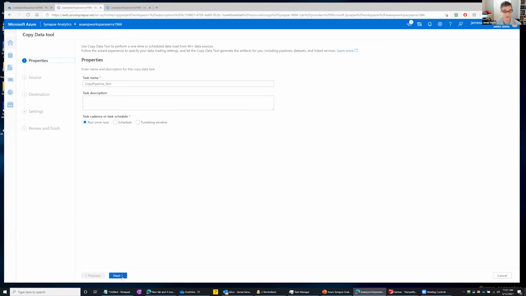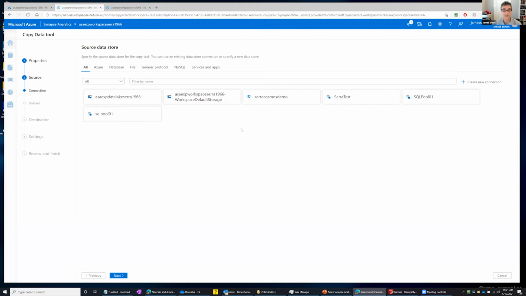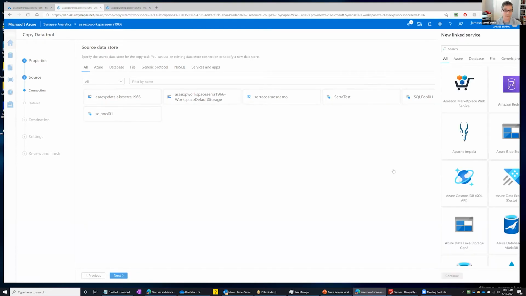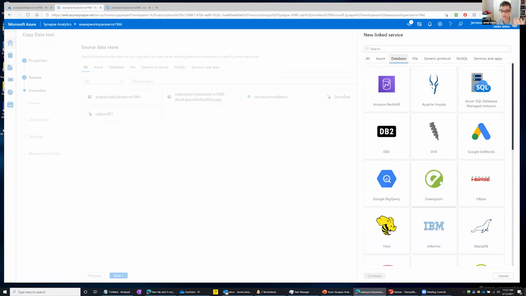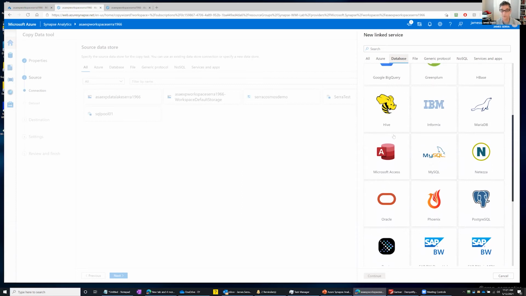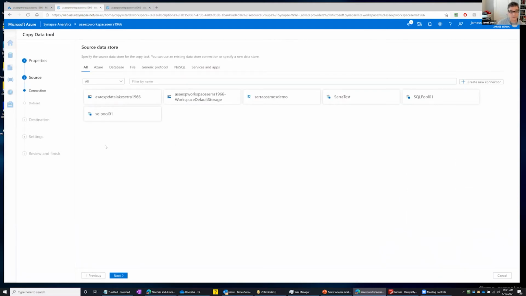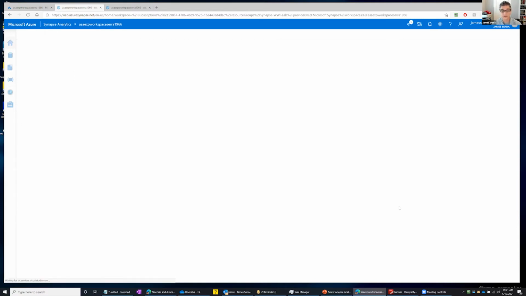Here's where I come in here and I say, I want to ingest data and I want to create a new connection or use something I already created before. And maybe I have data sitting out somewhere in say, Greenplum or MySQL, and I want to ingest that. So I will enter connection information for the source. I will then enter connection information for the destination where I want to copy that to. And I then specify whether I want to run this once or on a schedule, and it will create a pipeline for me that will ingest that data.